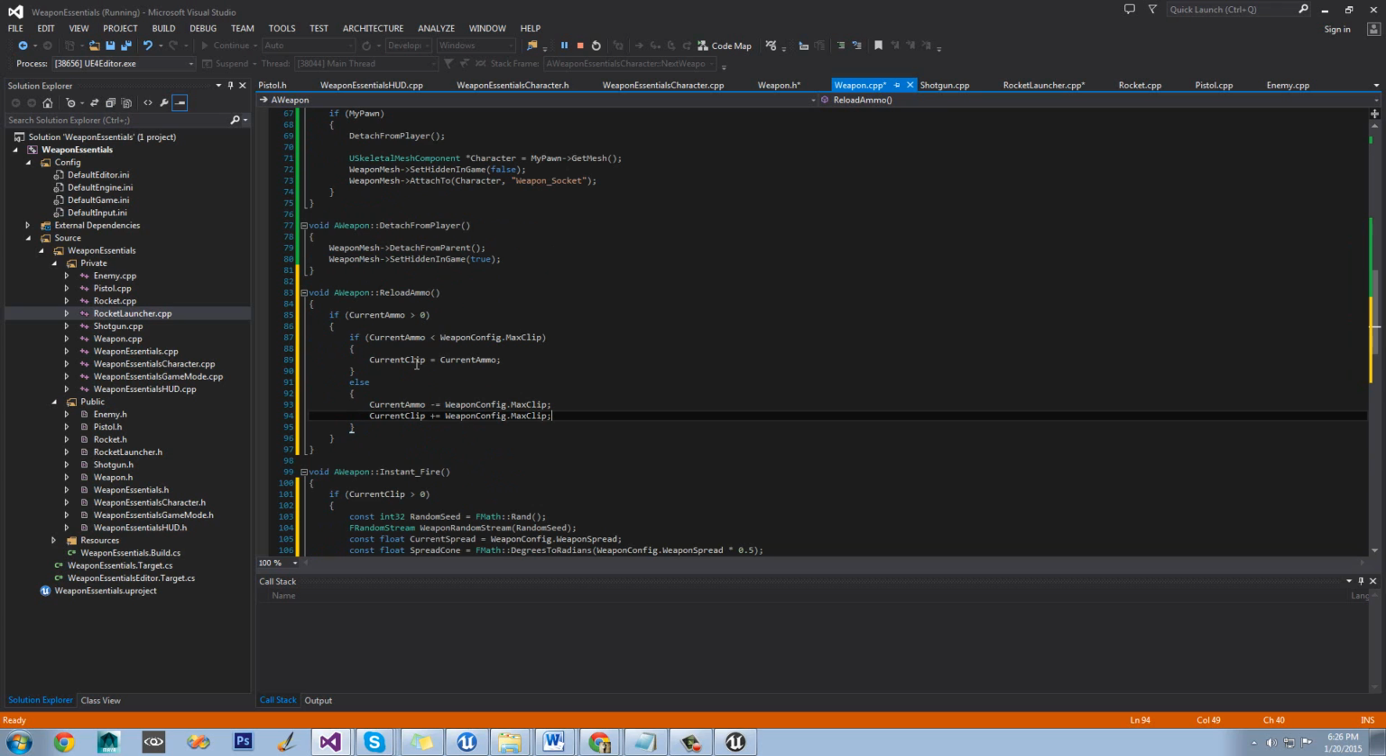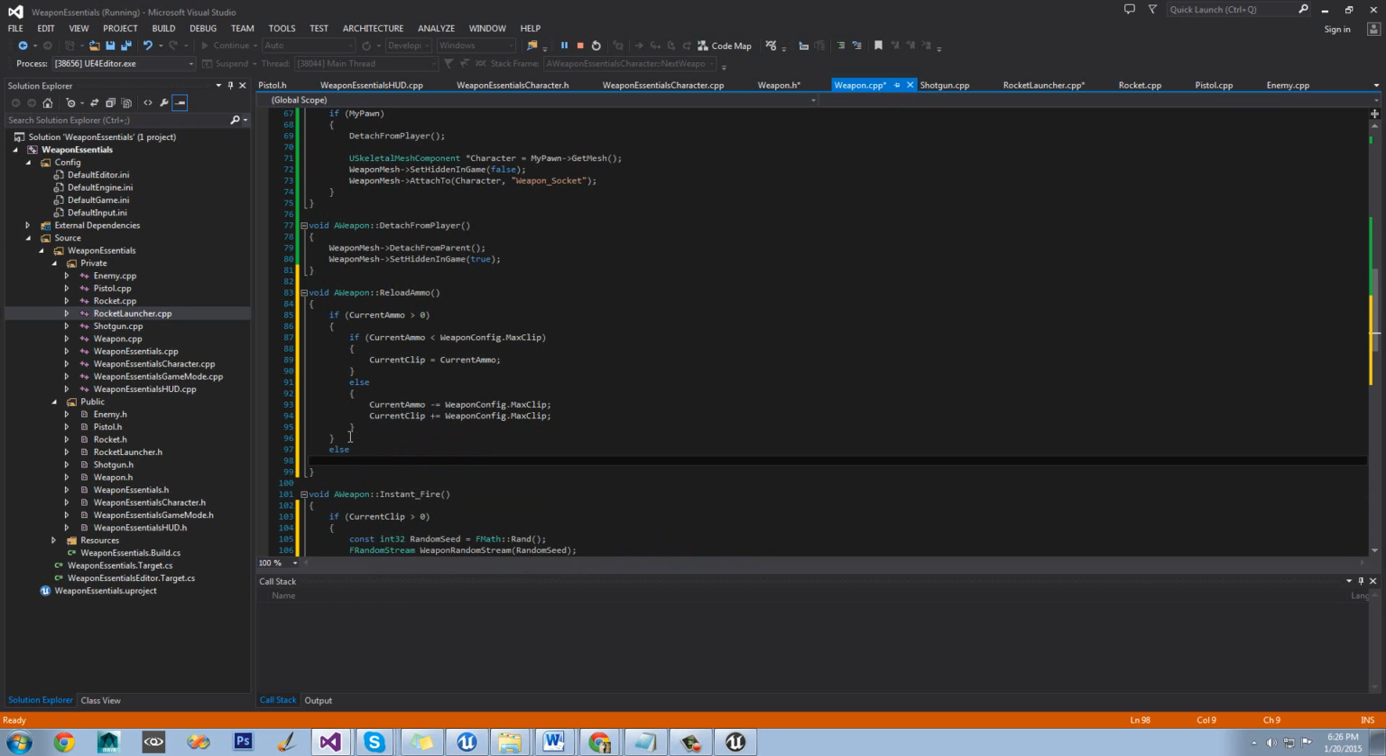So basically, it's kind of simple. If it's greater than the max clip, you subtract the max clip from the current ammo, and then add the max to the current clip, basically getting a whole new, brand new clip. But let's see here quick, we gotta put an else here. Else, if it's not greater than 0, we're gonna say,